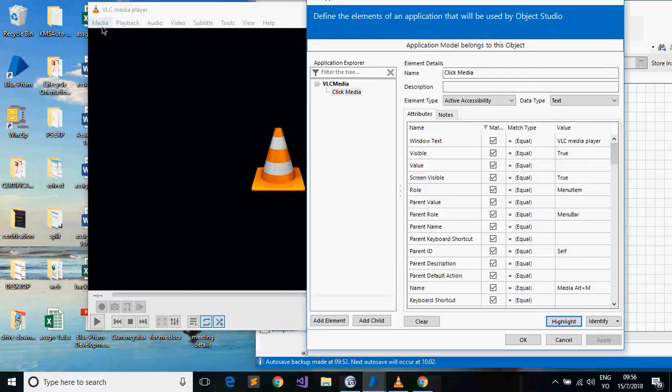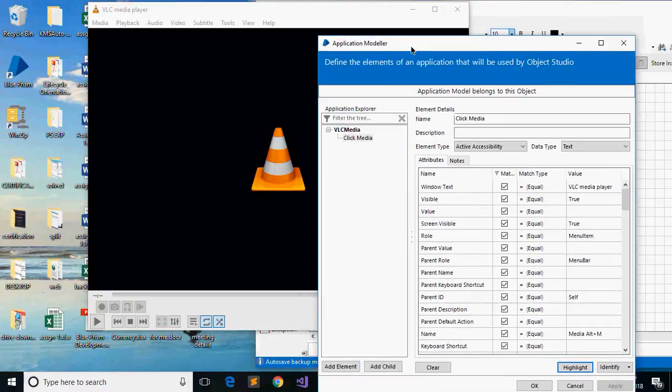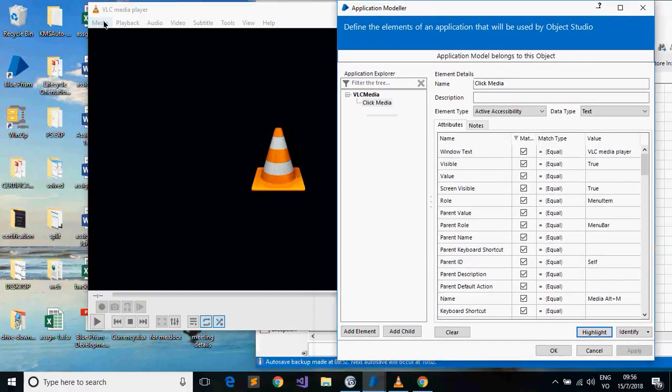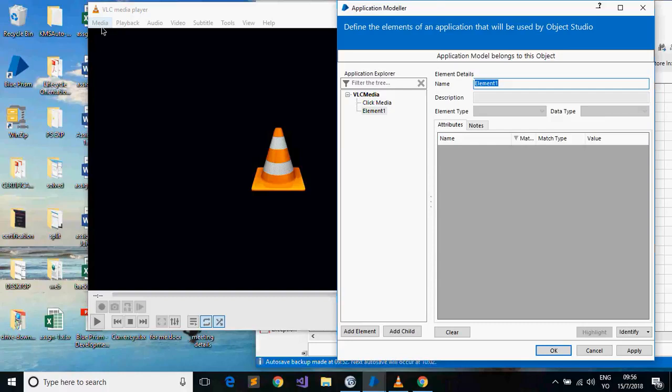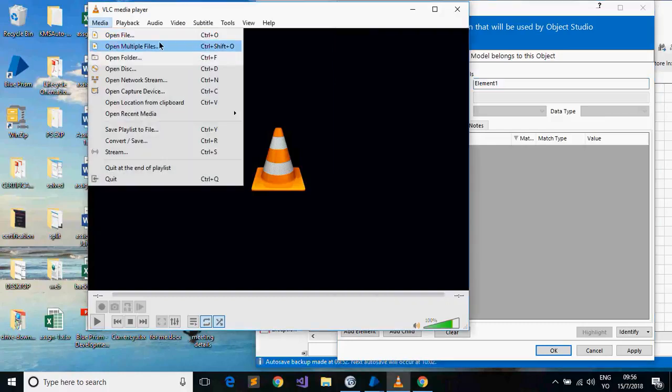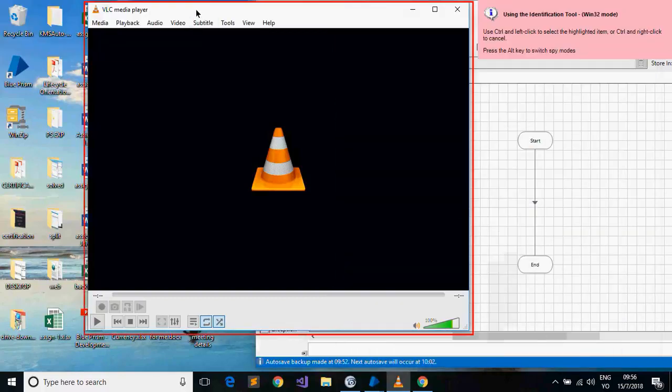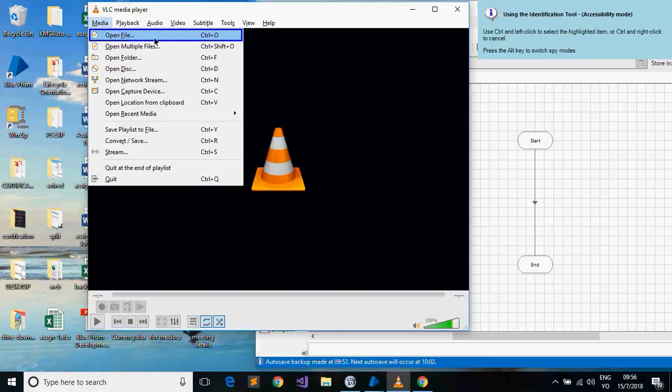It's highlighting fine. It means it will be able to click on the media button. Okay, is anyone asking anything? After that, if you want, you can add a new element and then click on media. Then here, I have to click on identify for that. And you have to go to accessibility mode, click on media, and here the open file, see each of them